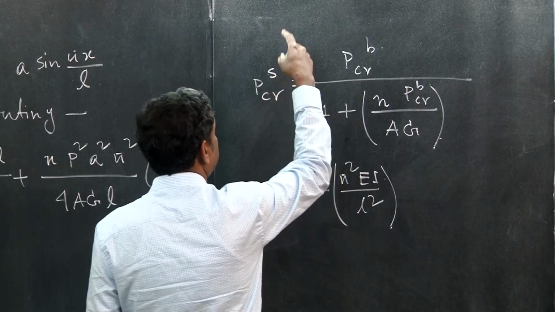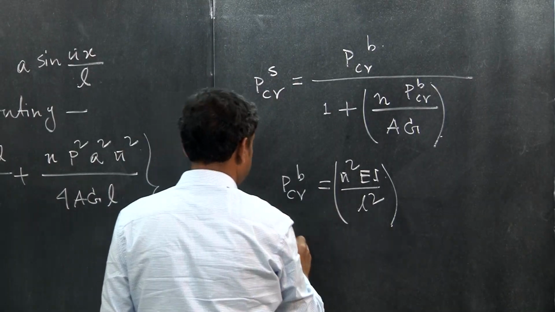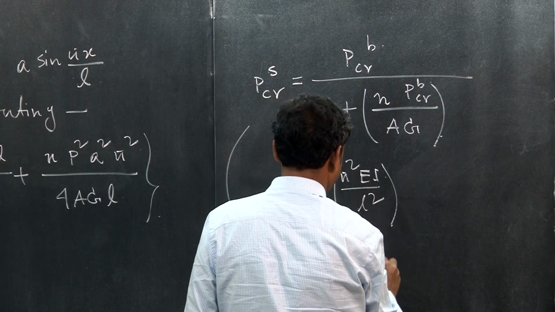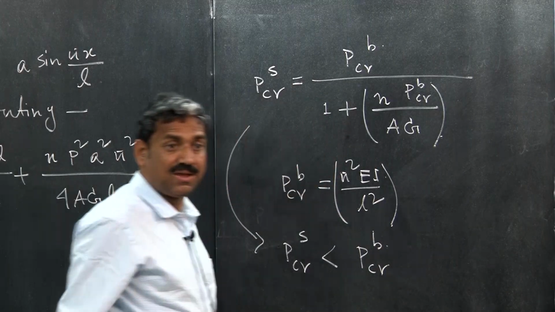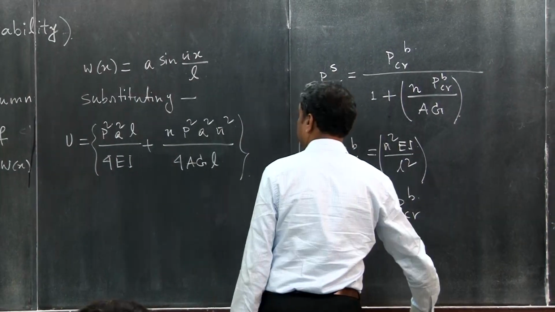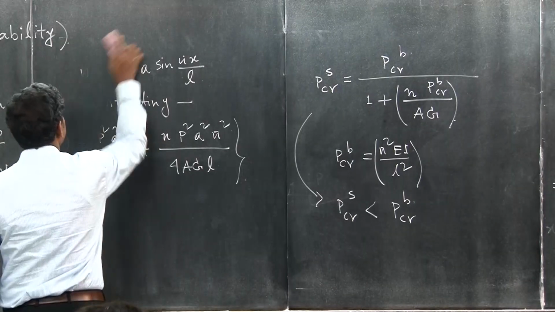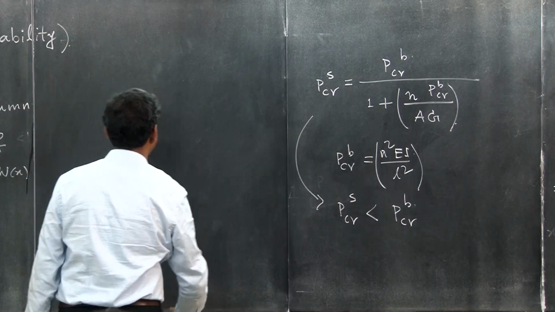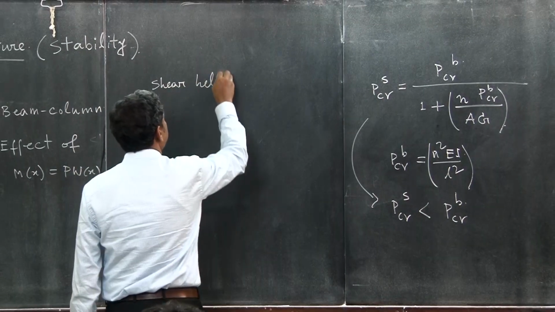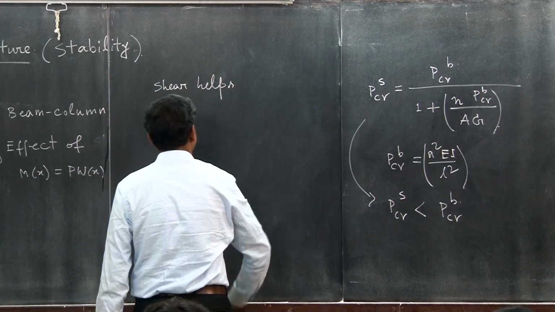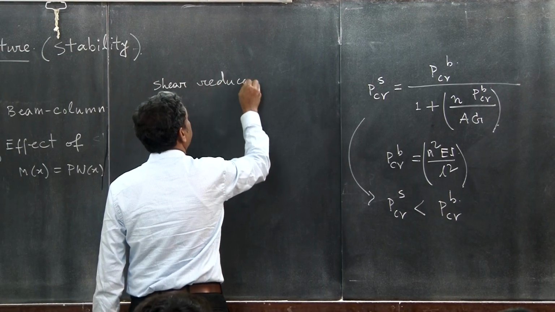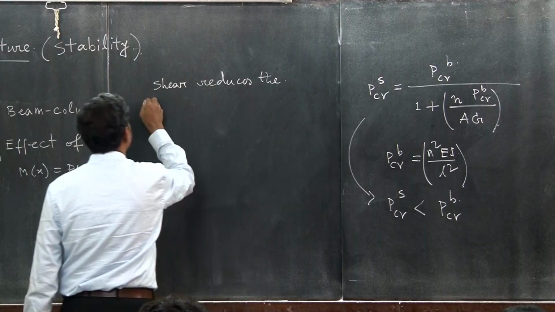So we can clearly understand from here that P critical in presence of shear is less than P critical in presence of bending, right. So shear deformation helps in reducing the, let us write down the lesson that we have learned: shear helps, reduces the critical load,